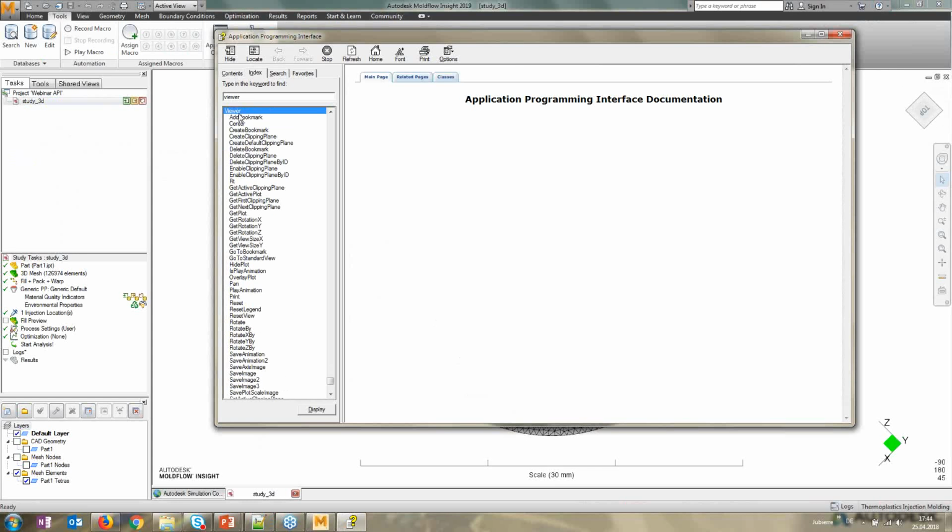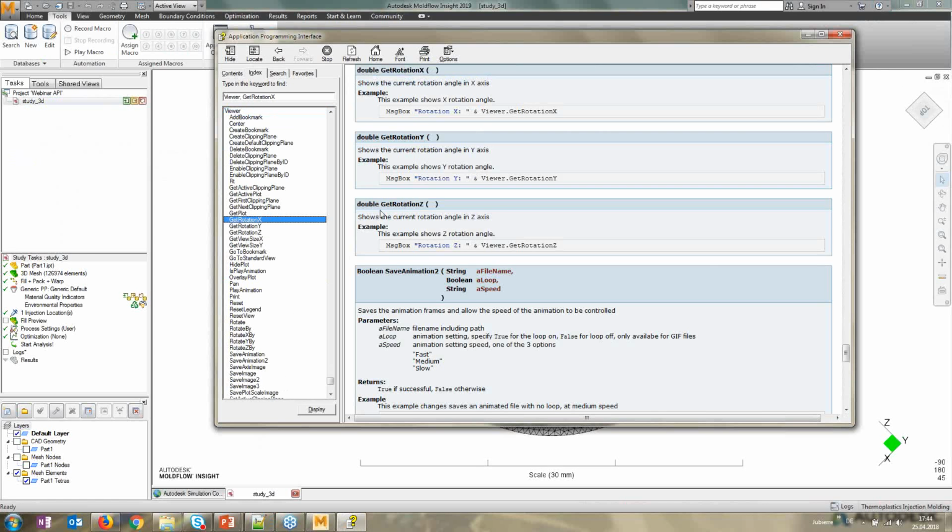And here we see the object viewer and all the functions that are inside. We see there is a print or pan, but we also see there is a get rotation X. Actually, if we double click, we go to this help file and we see that this function does not expect any input and is returning a double, like the rotation angle. Actually, I could even copy paste an example of the code, and that's what I'm going to do in my